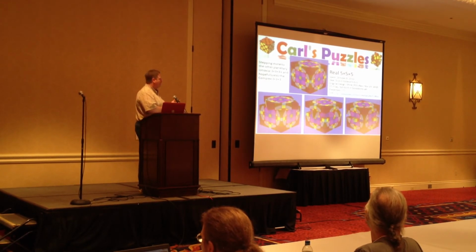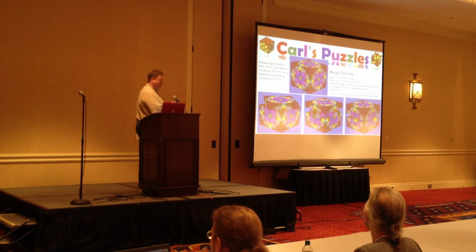I can only make 2 of them because to make the rest of them, I need to be able to bandage up the inner 3 by 3 by 3 on the 5 by 5 by 5, and those pieces simply aren't present in a normal 5 by 5. This puzzle here does include those pieces. I will then be able to make some simple, basically just glue pieces together or print pieces that are already together as one piece, put them in this puzzle,